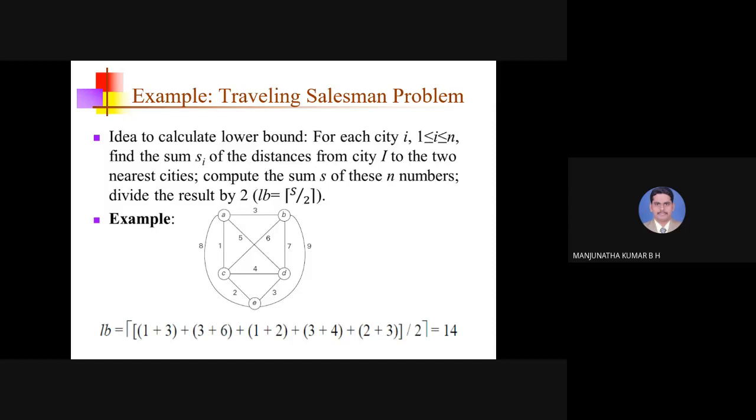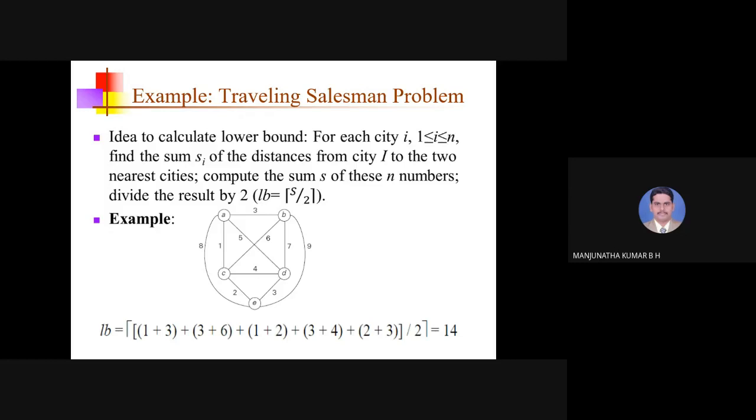Okay. Now 14 is the lower bound value of the root node. And the optimal solution you are going to calculate for this example will always be greater than or equal to 14, because this is the lower bound value. But minimum lower bound is 14 only. You will not get any value lesser than 14. Okay, fine. I hope the bound value calculation is clear.